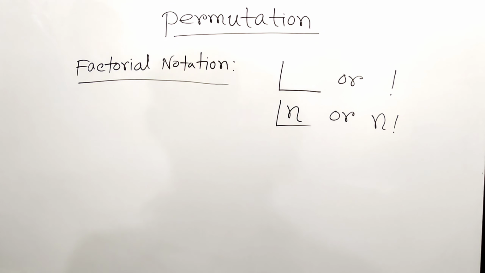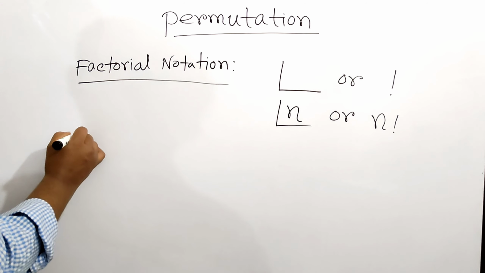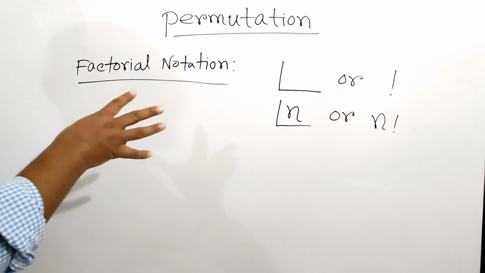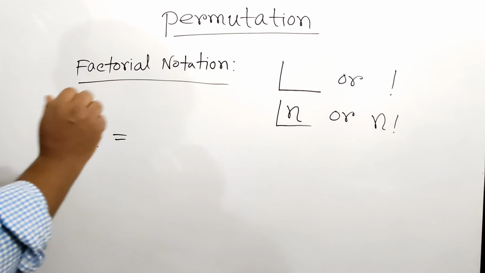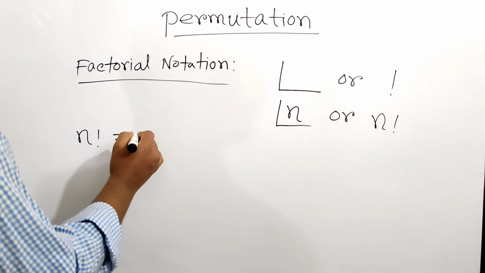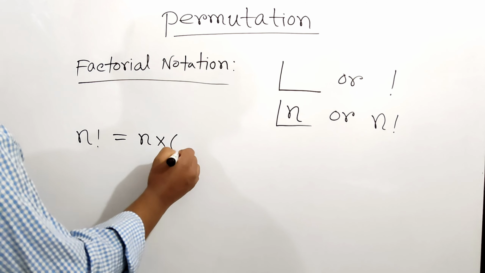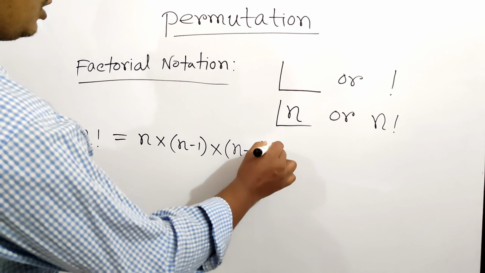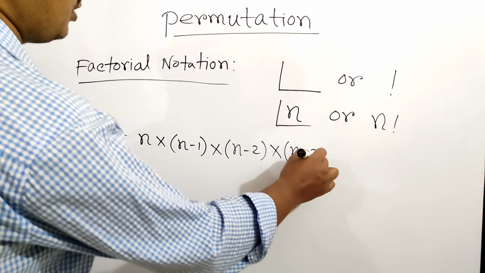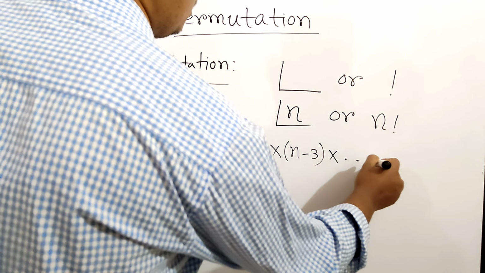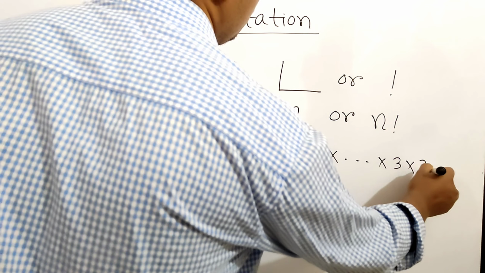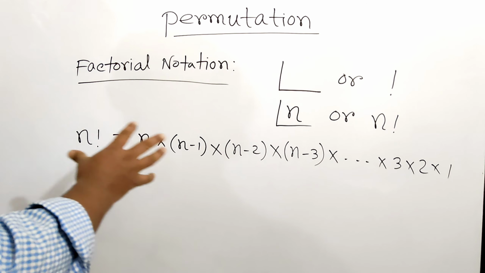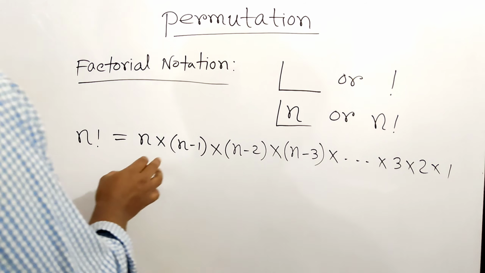Okay, now what is the factorial? Suppose n factorial. So n factorial means the multiplication of the first n natural numbers. Okay, so n factorial means n multiplied by n minus 1, multiplied by n minus 2, multiplied by n minus 3, up to 3, multiplied by 2, multiplied by 1. That means from 1 to n, if you multiply all the numbers,